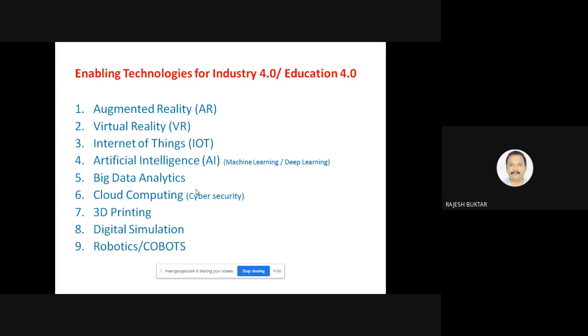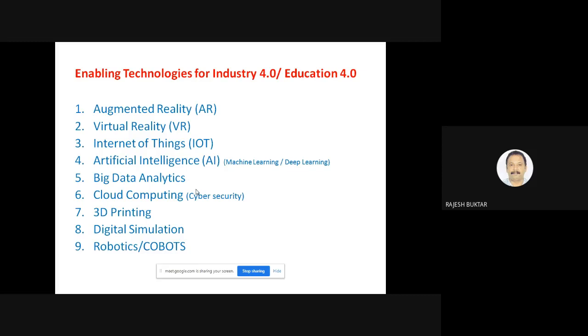So as far as Industry 4.0 is concerned, I have listed these enabling technologies for Industry 4.0, and I have already given the background that Industry 4.0 is emerging, and a lot of industries are embracing Industry 4.0. Therefore, it is high time for higher and technical engineering educations to come up with a strategy of Education 4.0, and this Education 4.0 is going to comprise so many enabling technologies. Therefore, these technologies and concepts should be taught in higher engineering educations, and here I have listed 1 to 9